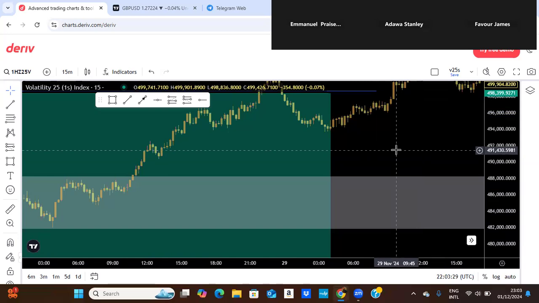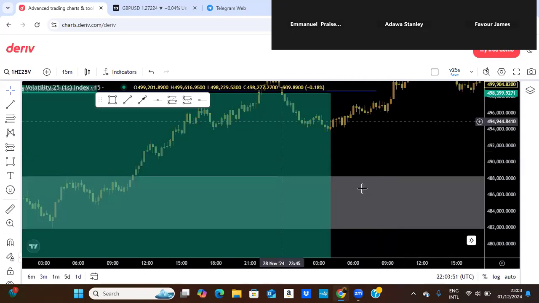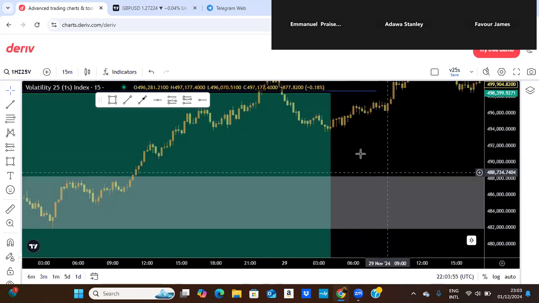Once it changes character, what it means is it has shown you that this zone, it has respected it and changed back. My trend is now back to uptrend. If it's downtrend, that change of character means I'm now ready to start selling again. If it's uptrend like this one, it's saying I'm now ready to continue my buys. So when it changed character to the upside on that 4 hours time frame,